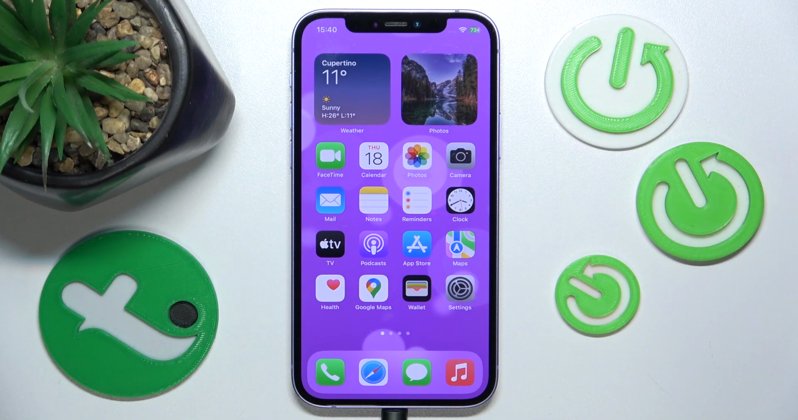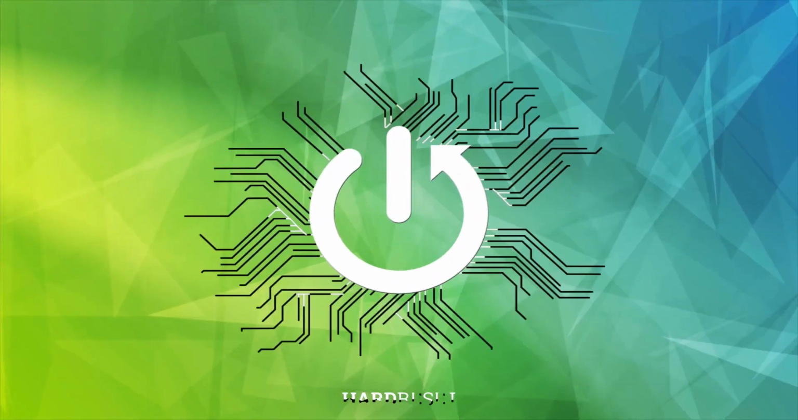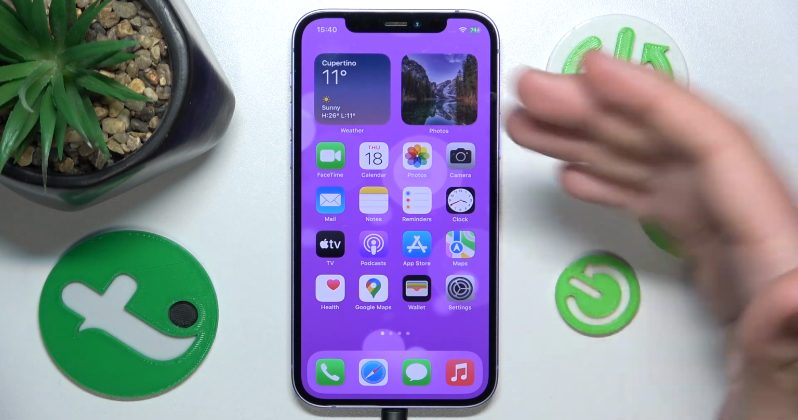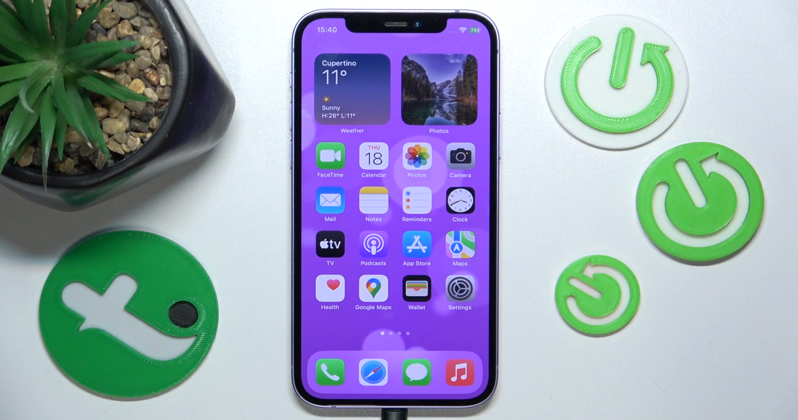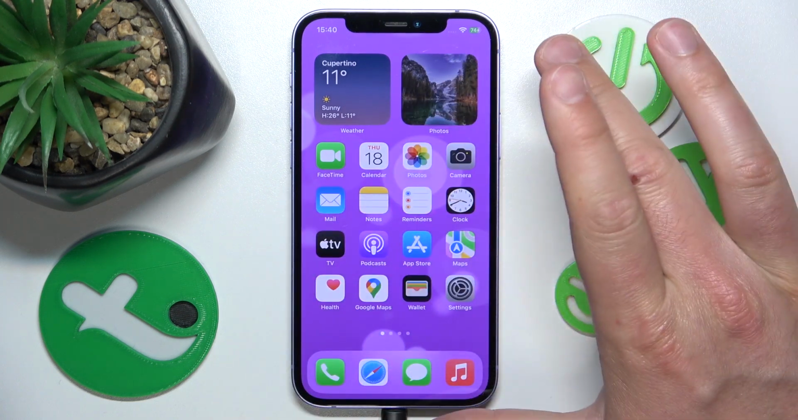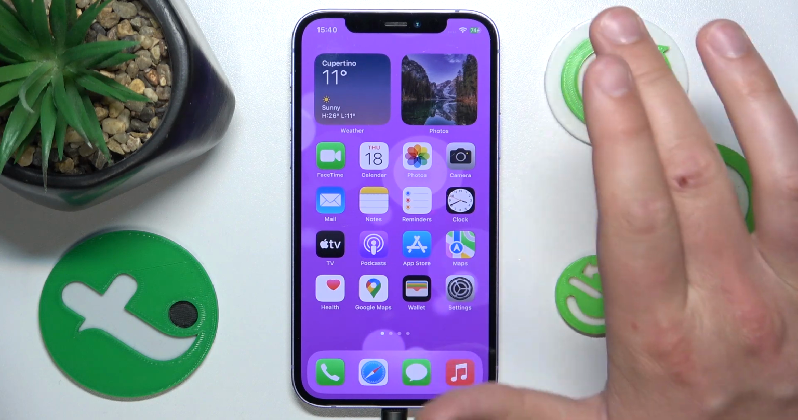Hello, in this video I'm going to show you how to customize your commands in the full keyboard access on iPhone. So today in front of me is the iPhone 12 with the iOS 17.4, but it really doesn't matter which iPhone you have or which version of the iOS you have, it is all going to work the same on